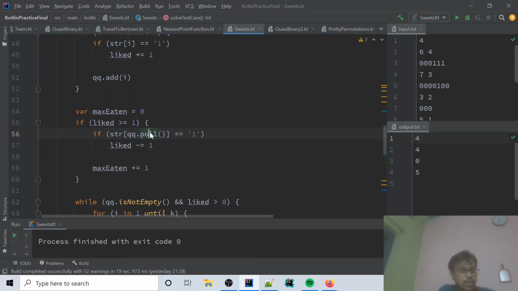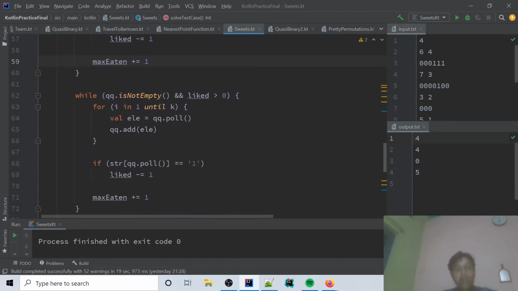The queue poll will give the position of that suite. Basically I'm checking the string at that position, is it 1? If it is, then I will say liked minus equals 1. I will decrement liked by 1 because we have eaten one liked suit. Now since we have eaten one suit, we will say max eaten plus equals 1,